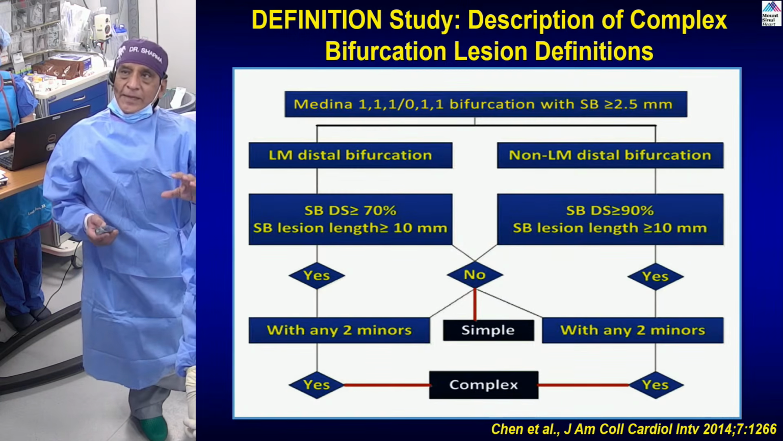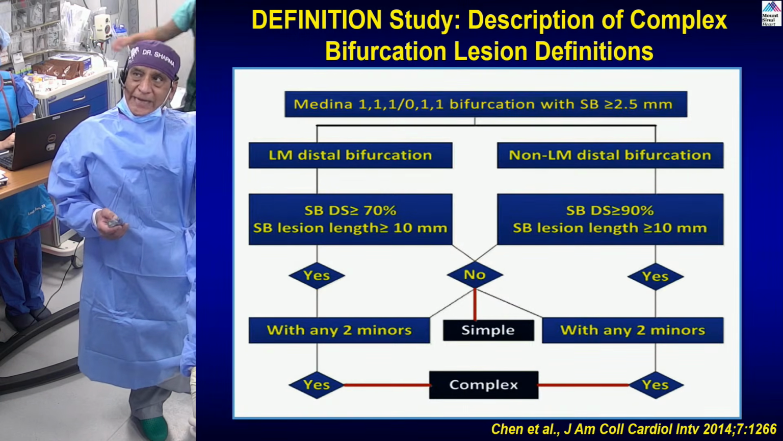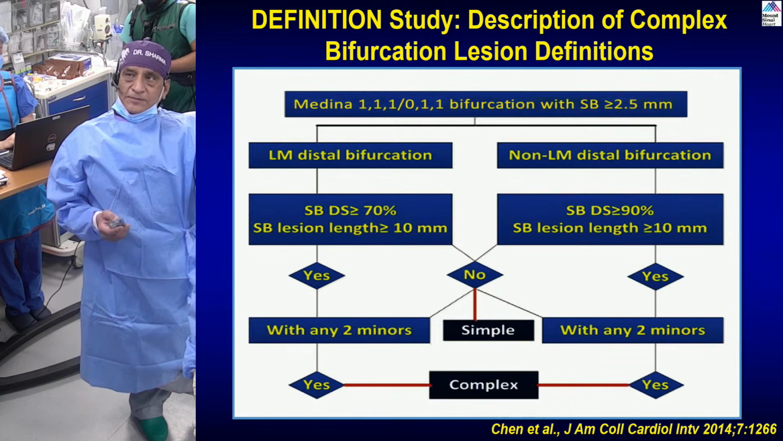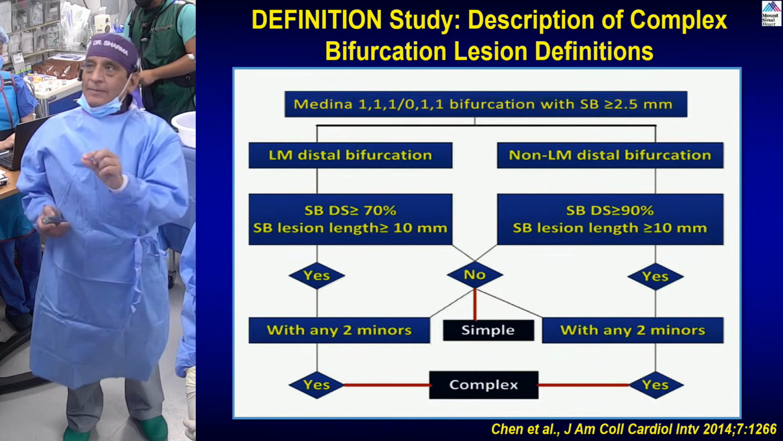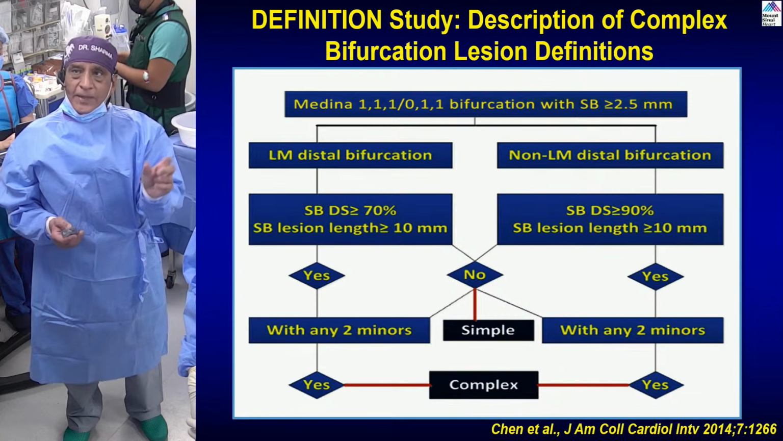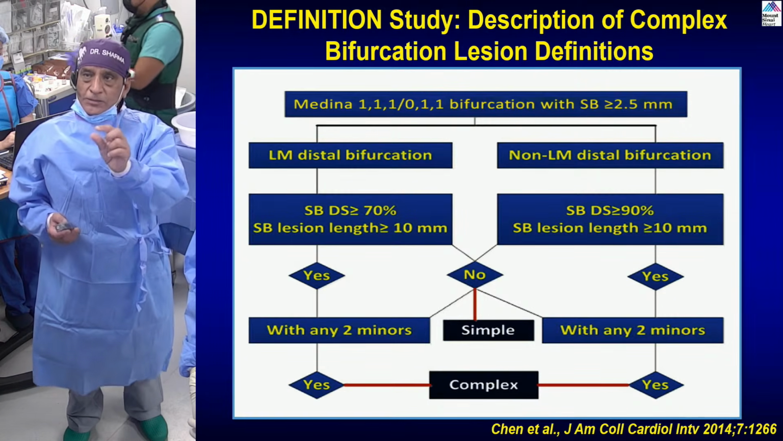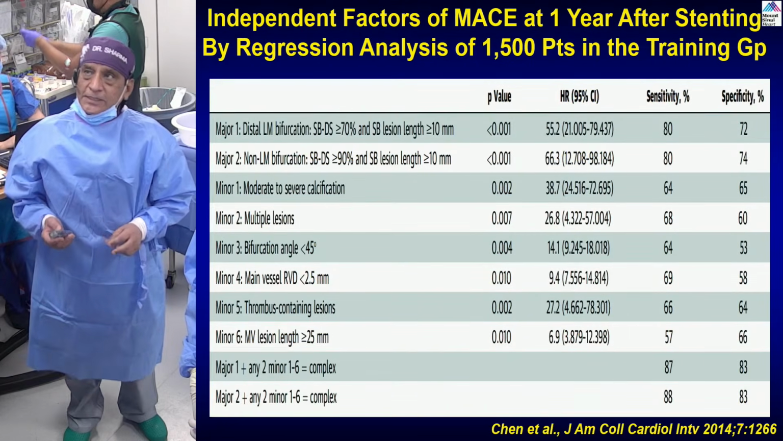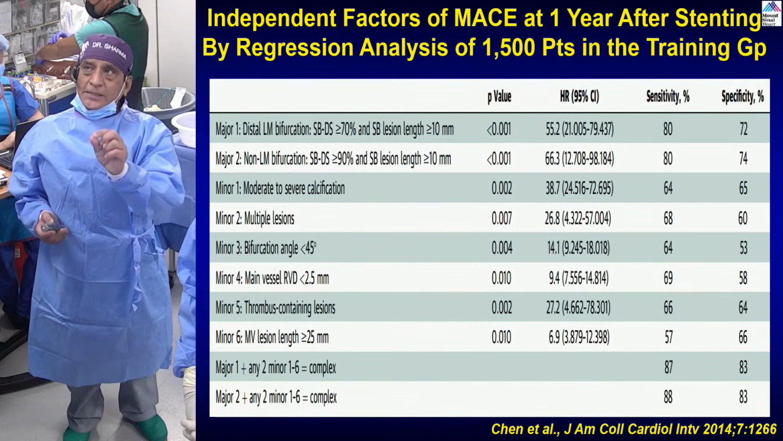So basically what they came up with, based on the side branch, left main versus non-left main side branch of 70% and the diameter stenosis of 90% in the non-left main and lesion length more than 10. Based on that, they came up with the 2 minor and major criteria, and these were the independent predictors, odds ratio as